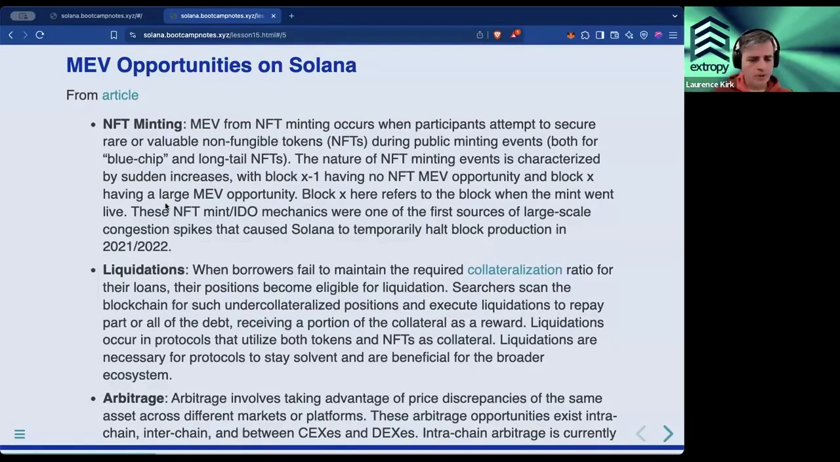But there are all sorts of behaviors that will try to take advantage of information about transactions that are about to be processed. So one example is around NFT minting, where there may be an NFT that's going to be minted that will be much more in demand, much more valuable,